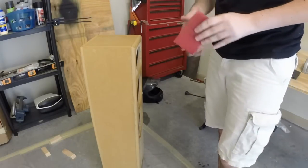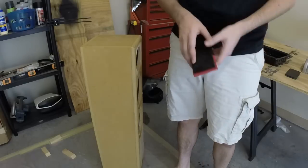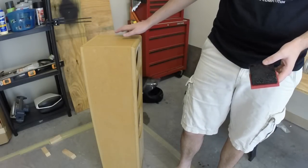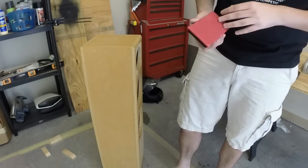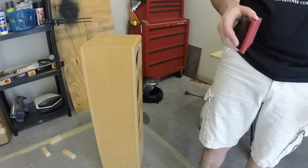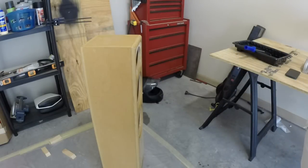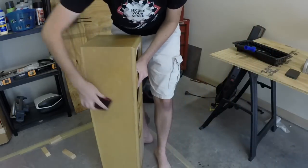Okay, so we just finished sanding down the sides with our 440 grit sandpaper, which gets any of the ripple or the little bumps off that was left over from the wood glue and water mixture. But we can get it smoother by wet sanding. So what you want to do is get a bucket of just very lightly soapy water, like fill your bucket halfway up, one squirt of soap, kind of soapy. Just take our 440 grit sandpaper, give it a little shake,